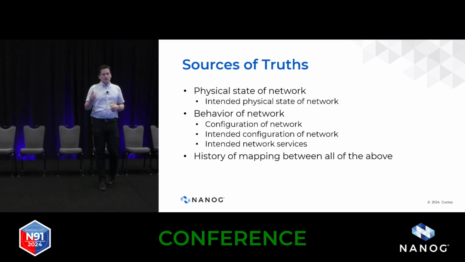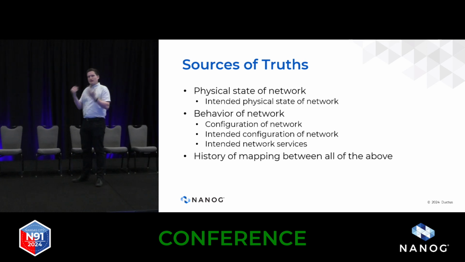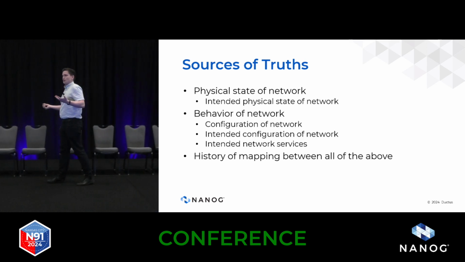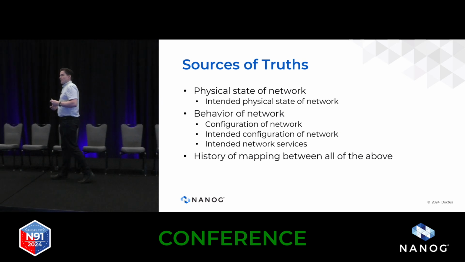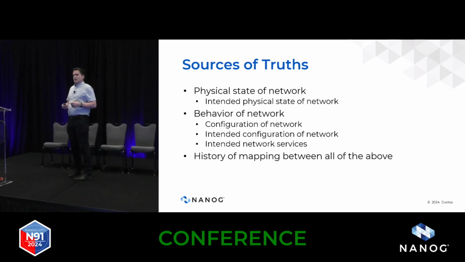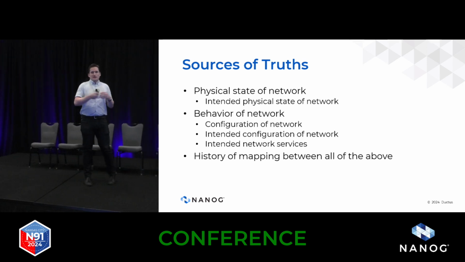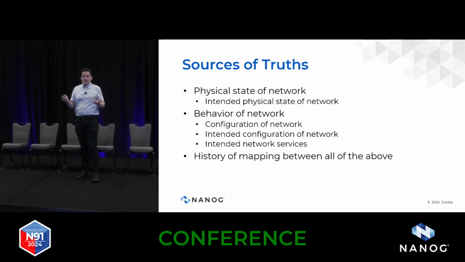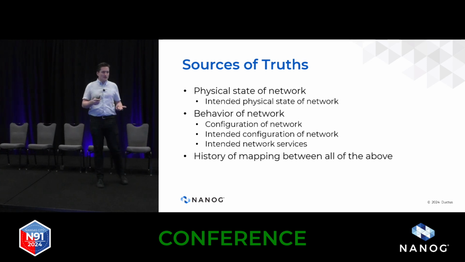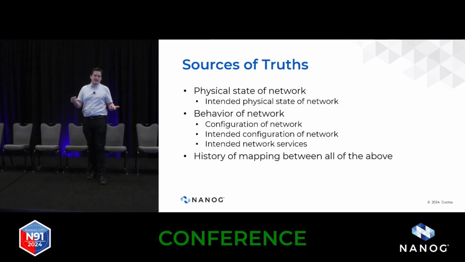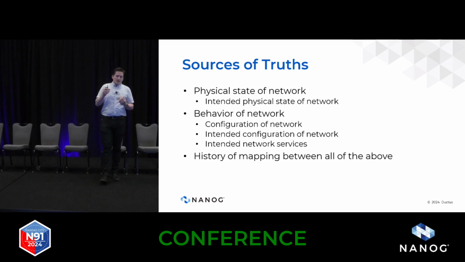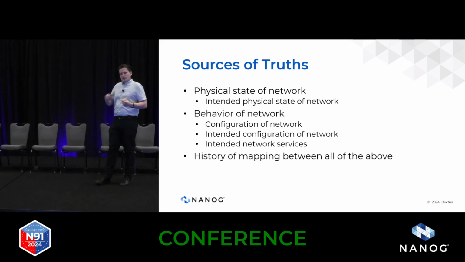Then we have the behavior of our network. The behavior of the network is what the network is actually doing. This is assurance tools, right? They can look at the behavior of the network, but how do they know whether or not the behavior is what you intended? You can say a link exists. Is the link operating at the capacity it should be, that the customer wants, or is it just operating at a capacity? And so, to solve that question, maybe you could look at the configuration.